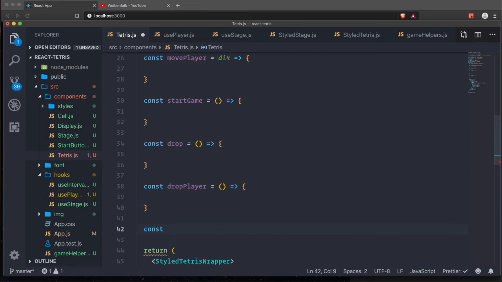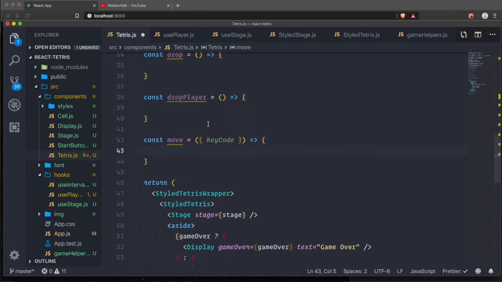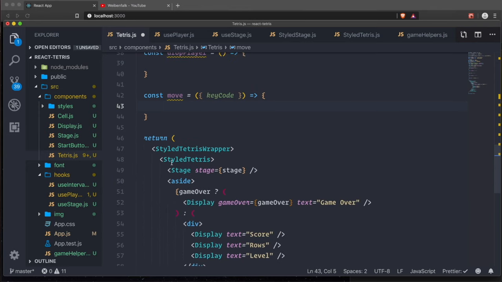And the last one for now is a function that's called move. And we're going to destructure out the key code for this one. This is going to be the callback function when we press the keys on the keyboard. All right, we're going to fill them with code in a second, but first I'm going to explain this style